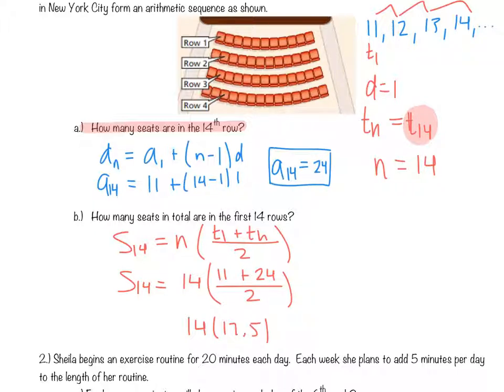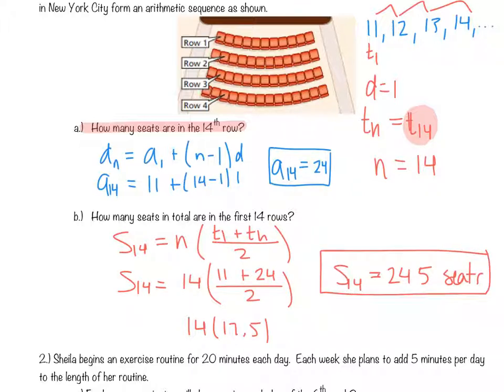is, the sum of 14 is, that's an equal sign, 245 seats. You should get a whole number. Obviously, we can't have fractions of seats, and a total number of seats should never equal a fraction of a seat. So that's that. So the last problem here is